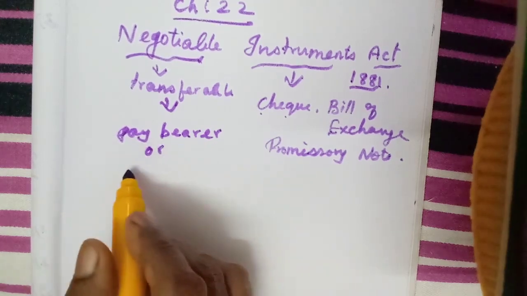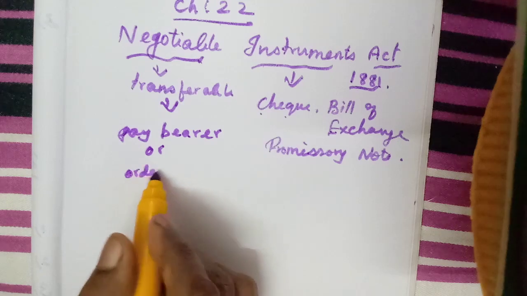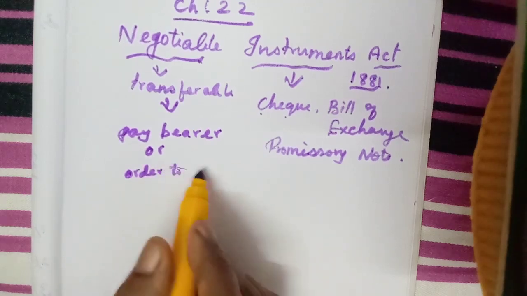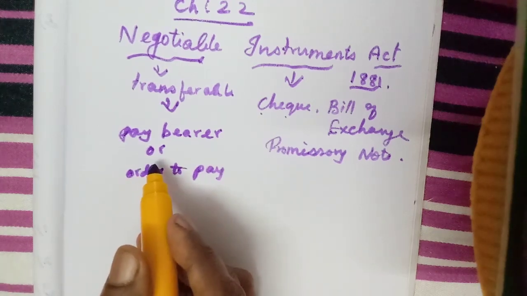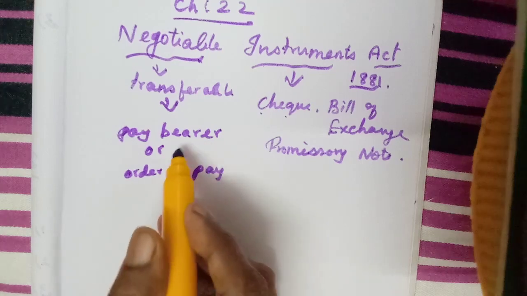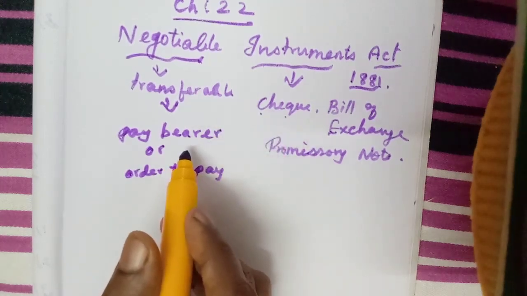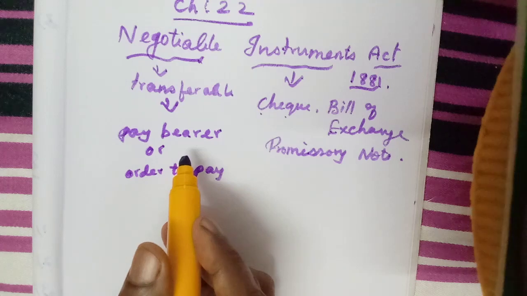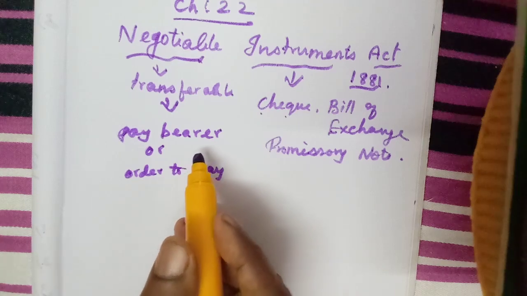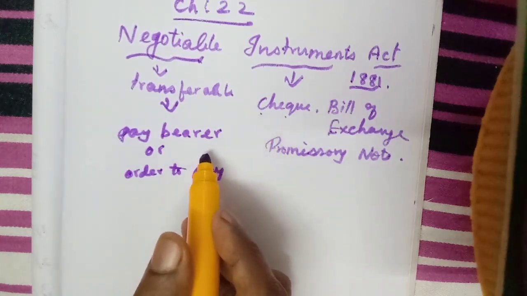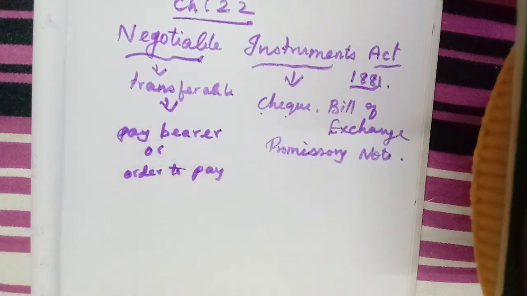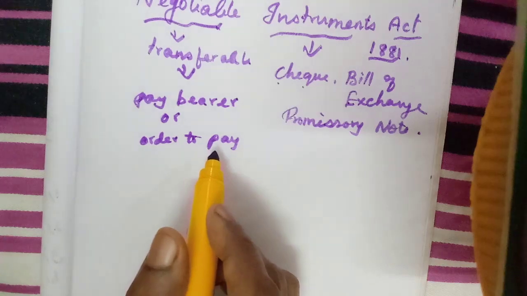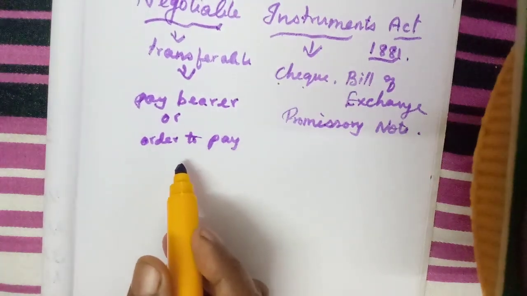Or to the order, or the transferee. To order to pay, we are ordering. Either the person who has drawn a check can take that same instrument to the bank. I am writing a check in my own name and I will take it to the bank. I can collect money. At the same time, the ownership of the check can be transferred to somebody else. I can write anybody else's name and that same person can collect the amount from the bank. That is called order to pay.